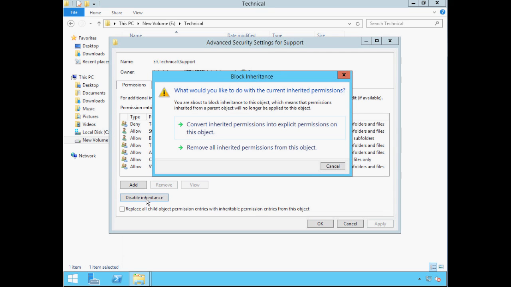We can convert inherited permissions into explicit permissions. This keeps the previously inherited permissions as a sort of starting point. But we can now add or remove permissions in the normal way. But any changes made to the parent folder from now on no longer propagate down to this folder or its objects. The second option, remove all inherited permissions from this object, removes the inherited permissions and enables us to start from scratch. I'm going to remove all inherited permissions from this object,